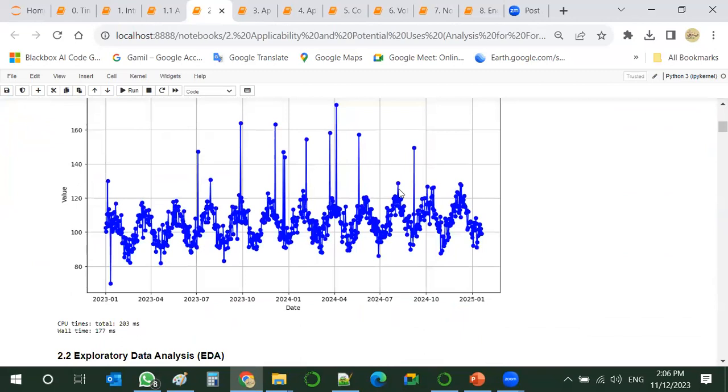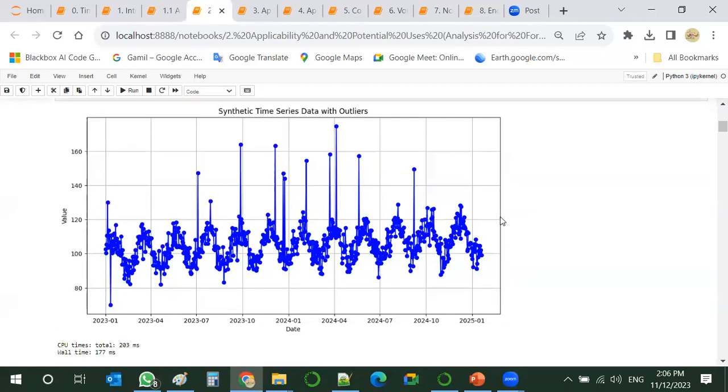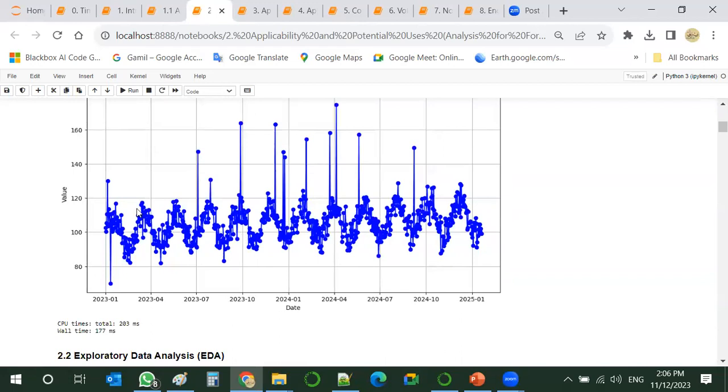We can say from the first glance that these values are really high. They don't belong to most of the other values. And this one value is quite low as well, and it looks like it's not part of the series.